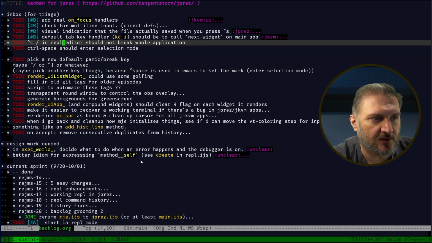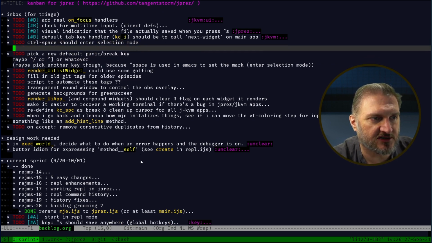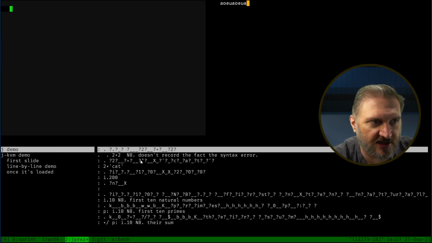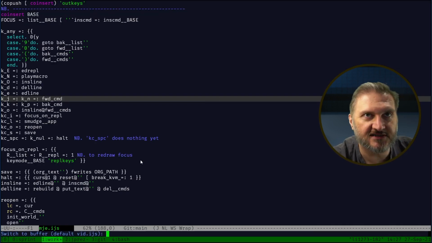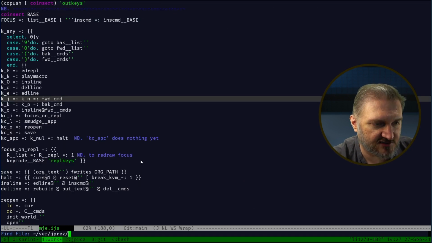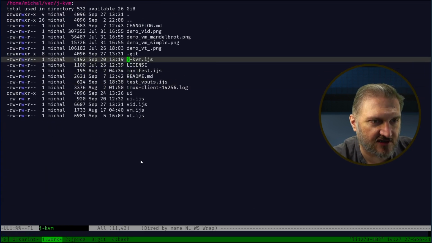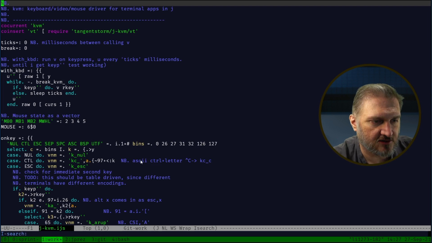Control C in REPL line editor should not break the whole application. Let me triple check that. If I'm in here, Control C, yeah, that does break. Okay. I think that's J itself. I think that like is, let's look. JKVM, if it's handled explicitly, it's in the keyboard handler, which is here. So Control C,